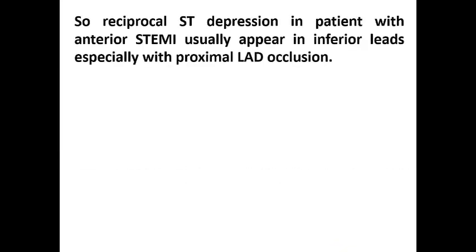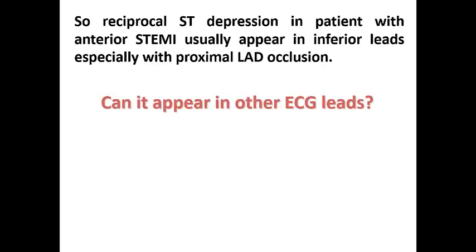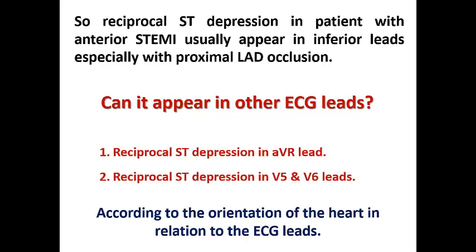The third question: we understood from this lecture that reciprocal ST depression in patients with anterior STEMI usually appears in the inferior leads, plus or minus AVR, and this indicates proximal LAD occlusion. Can it appear in other ECG leads? Yes, of course. It can occur in AVR, as we mentioned, and also in V5 and